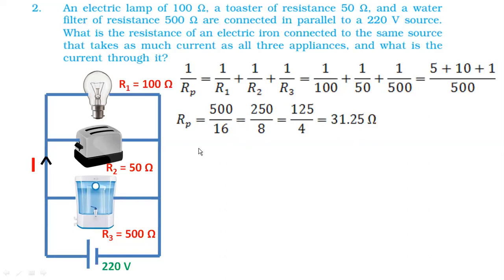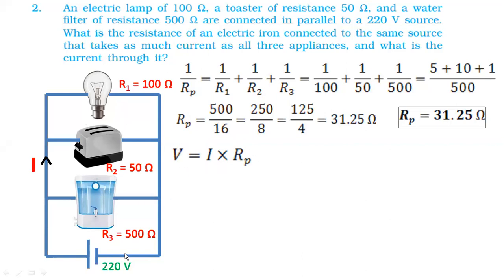Okay, that we already know. Now we are interested in current. We can use Ohm's law for this. Okay, what is Ohm's law? The total parallel resistance is 31.25. The formula for Ohm's law is V is equal to I into R. But in place of R, I will use the value of Rp, because if you are taking the total potential difference, you have to take the total resistance of the circuit.